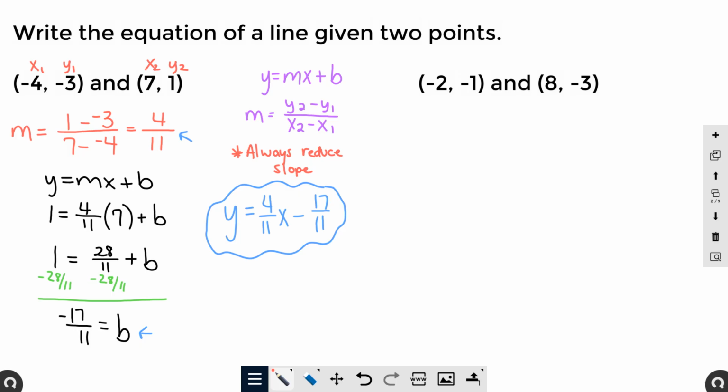If you want to label them, go ahead and label them. I like to call them x1, y1, x2, y2, because remember they're coordinates, so they're x, y. And then let's start with our slope. So m equals y2 minus y1. So in my numerator, I would put